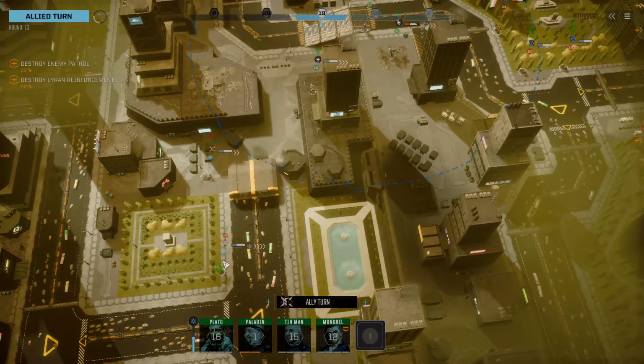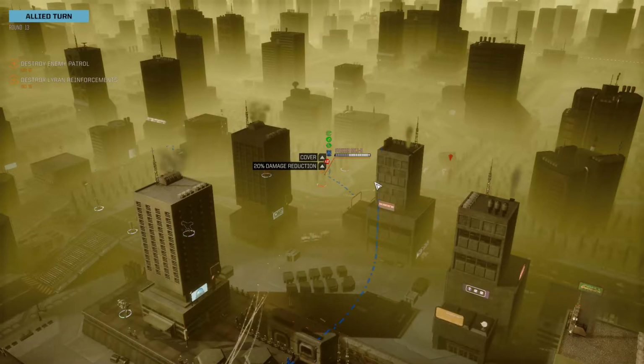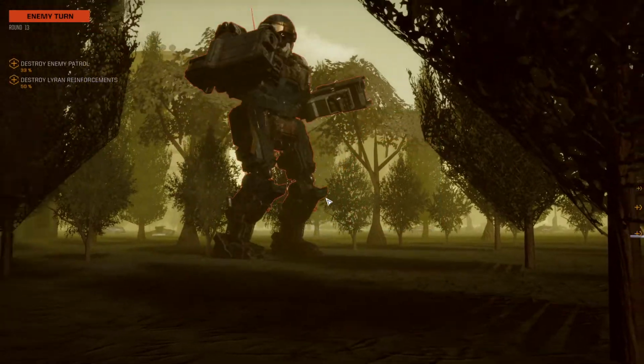Okay, this is, I believe, the land air mech. Yep, land air mech. If I was you, I would jump up over here and attack these guys. We'll see what it decides to do. It did jump, not where I told it to, but it is attacking the guy that I would have attacked, so that's acceptable. If I was it, I would have jumped up here for clearer LOS, but...